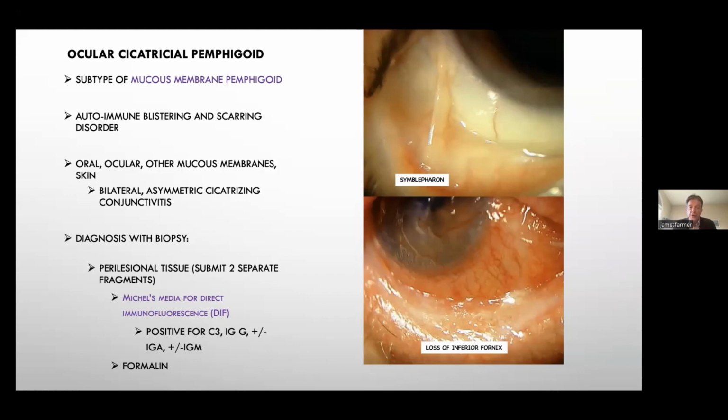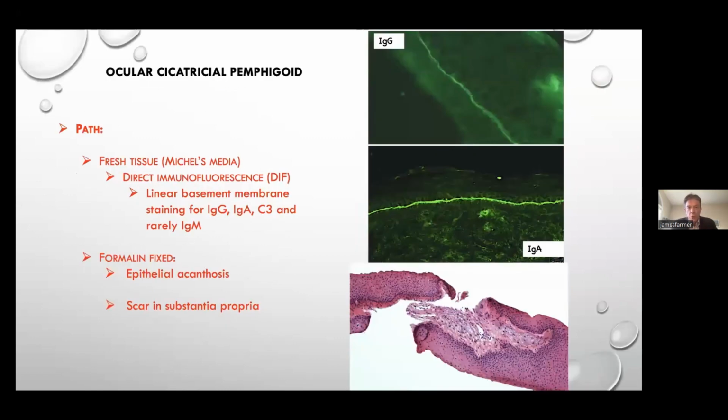Then we do frozen sections and we do direct immunofluorescence. And we use IgG, IgA, C3, rarely IgM is positive, and one gets this very beautiful linear staining pattern. This is IgG, and this is IgA, that is diagnostic for ocular cicatricial pemphigoid. I ask them as well to submit an area adjacent to the scar to correlate these particular findings